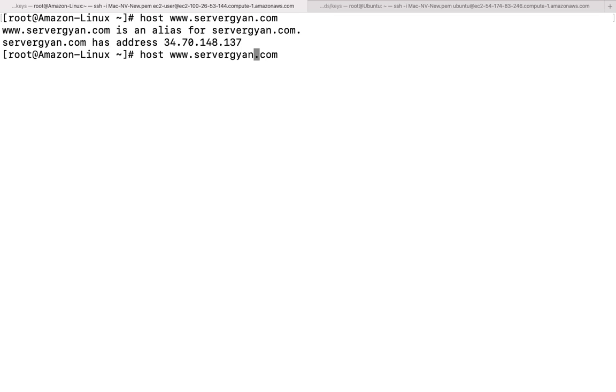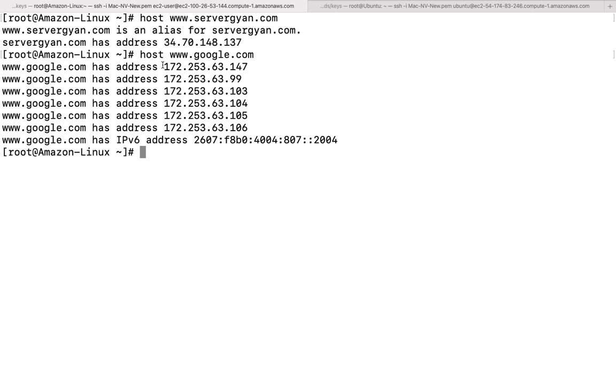Moreover, if we want to check the IP address of Google, we can figure out how many IP addresses are associated here. And if you see that this is starting with 171.253, it means this is a public IP address, right? I have already explained in a couple of videos what public and private IP addresses are, so you should know about this particular component. Moreover, it has an IPv6 address as well. So the host command is used for that.